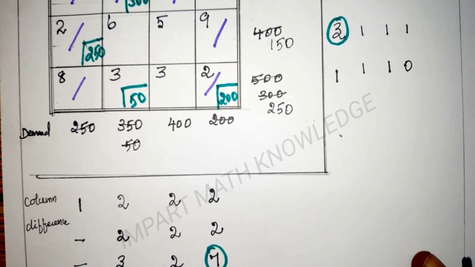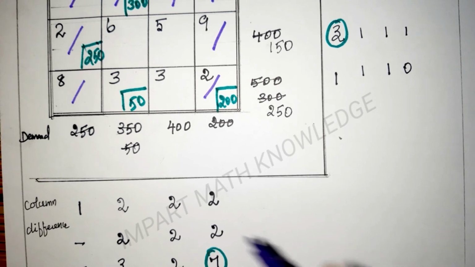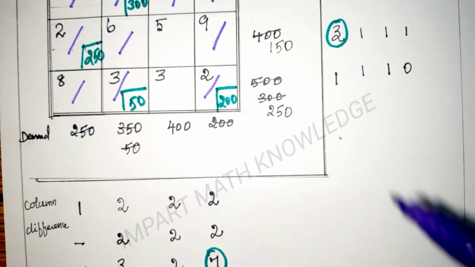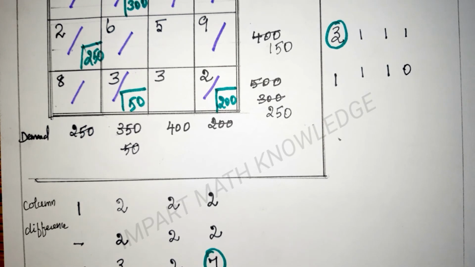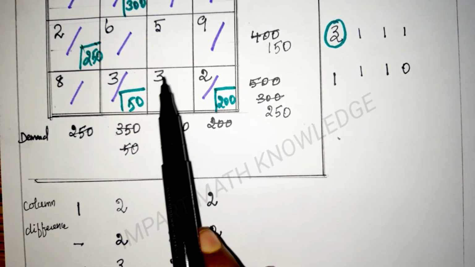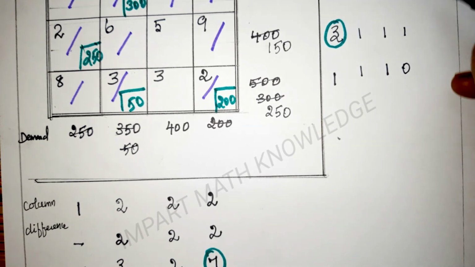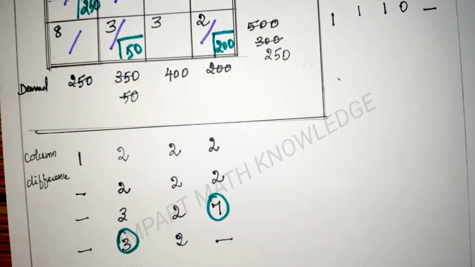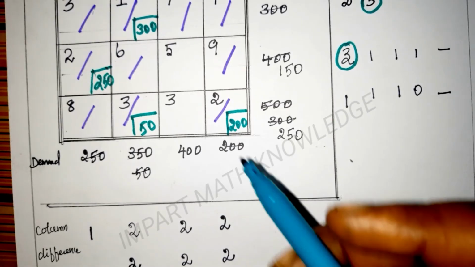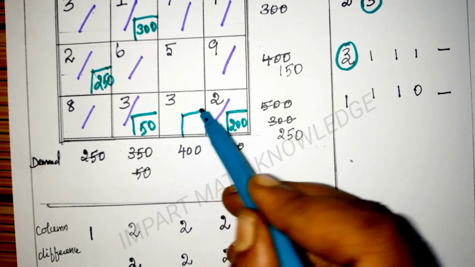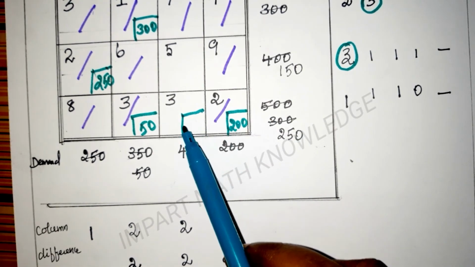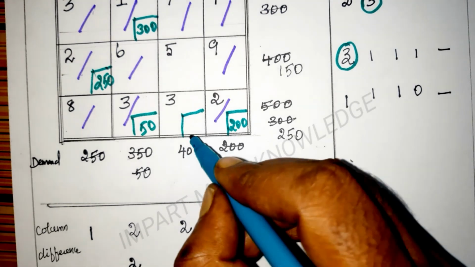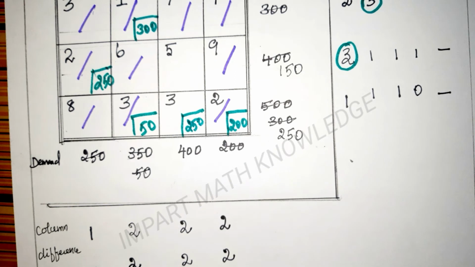Now here, demand is satisfied again, so you have to strike out the column. In the remaining, you have to take the difference again. Row wise, there is no value to take the difference. So you put a dash. And the column wise, this is dash, dash, dash. Here the only one possibility and here dash. In this cell, the minimum value is 3. So, here I am going to allocate the value. For this cell, supply is 250, demand is 400. So, you allocate 250 here.